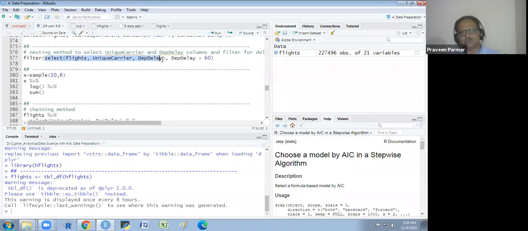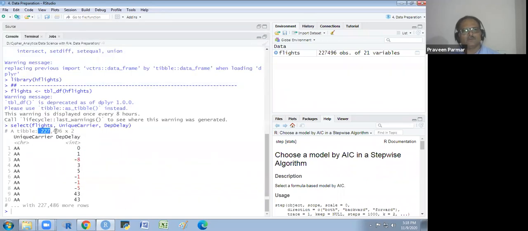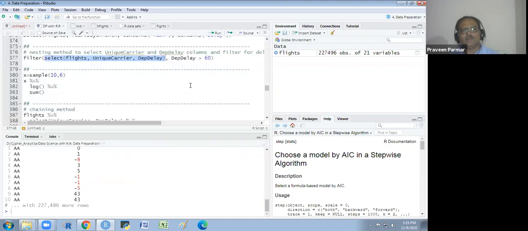I will show you in parts. First the select, what we are getting in the select. You see we are getting this because we have selected all the rows, 227,496 rows. Now we are filtering those rows which have a departure delay of more than 60 minutes.